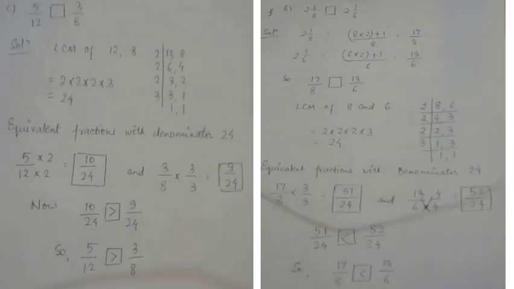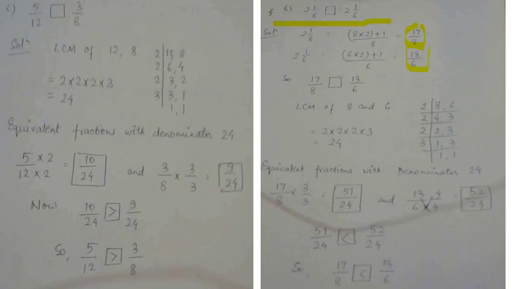One more. Oh, this is the same question which we have done earlier. Let us see the F part. So it is 2 whole 1 by 8 and 2 whole 1 by 6. Changing them to improper fractions, you will get 8 2's are 16 plus 1 is 17. So it is 17 by 8, and 6 2's are 12 plus 1 is 13, 13 by 6. So 17 by 8 and 13 by 6.